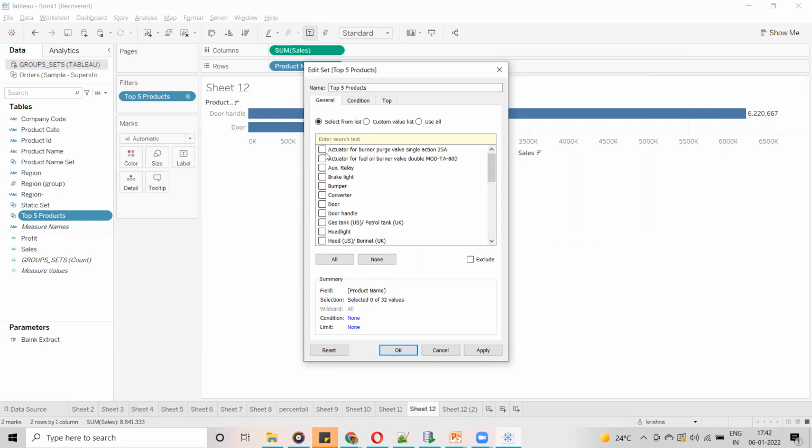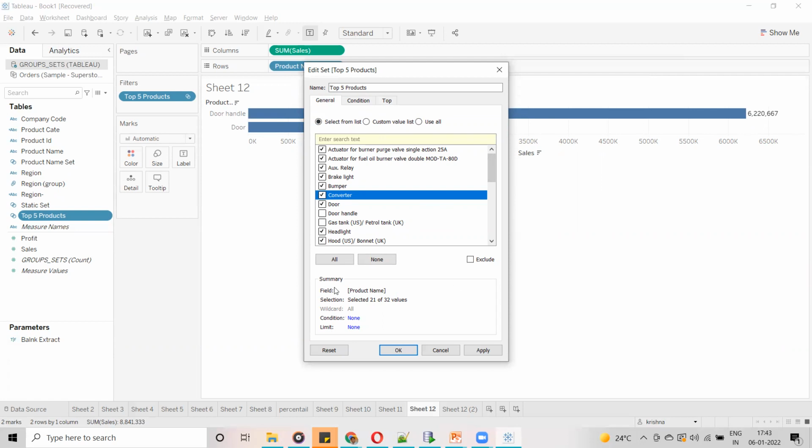He doesn't want to see all the products, he is interested in only a few. The customer wanted to see the top 5 or bottom 5 products on only the selected products. Whatever products I selected, within those he wanted to see the top 5 products.